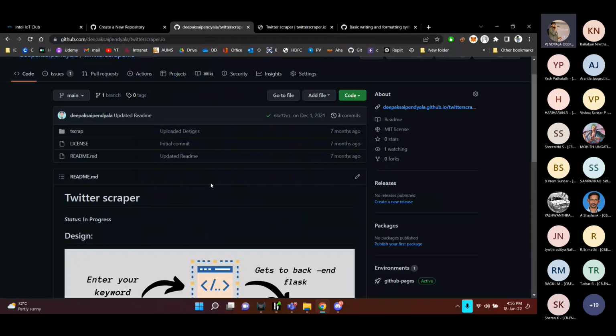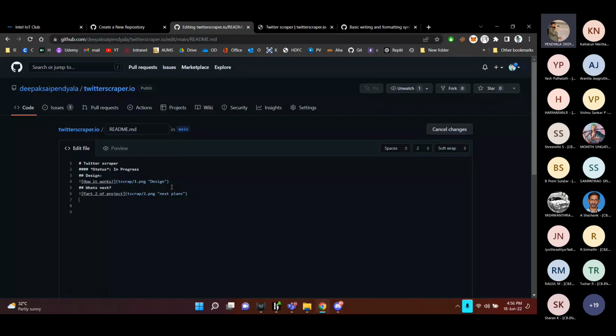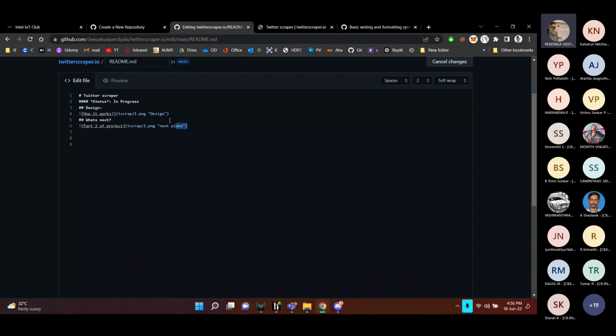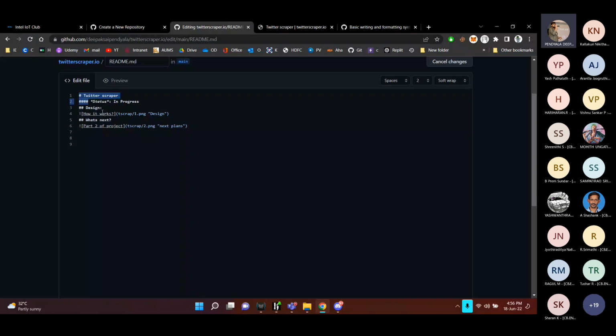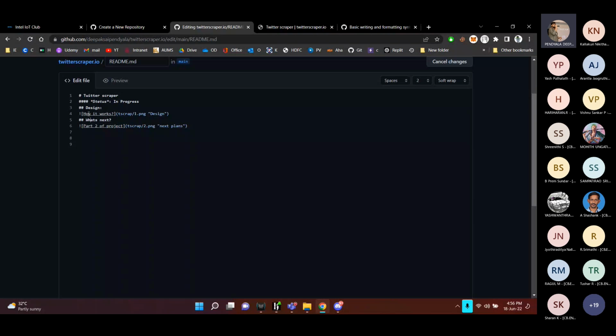After creating a blog, just go to the README file. Just click on this edit. So you can see that the code for this website is these 6 lines. A single hashtag is a large heading here, and then 4 hashtags is a mini small heading, and then 2 hashtags is a second top heading size. And I include an image. This is the syntax for an image.